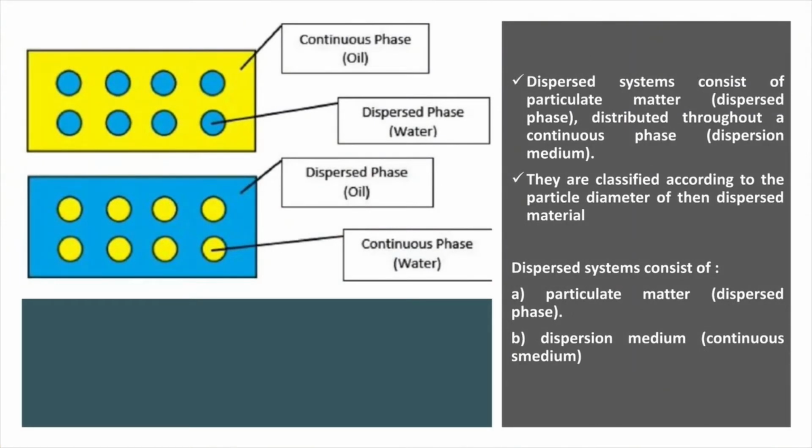My dear students, when we talk about systems, we know that there are basically two systems. The first is the monophasic and second is the biphasic system. When I say monophasic system, it means there is only a single phase. For example, when your solute gets completely dissolved in your solvent, you get the solution. In the solution you cannot see your solute molecules, but when you have a large size of the solute and you try to dissolve it and it does not go into the solution, it results in the biphasic system.